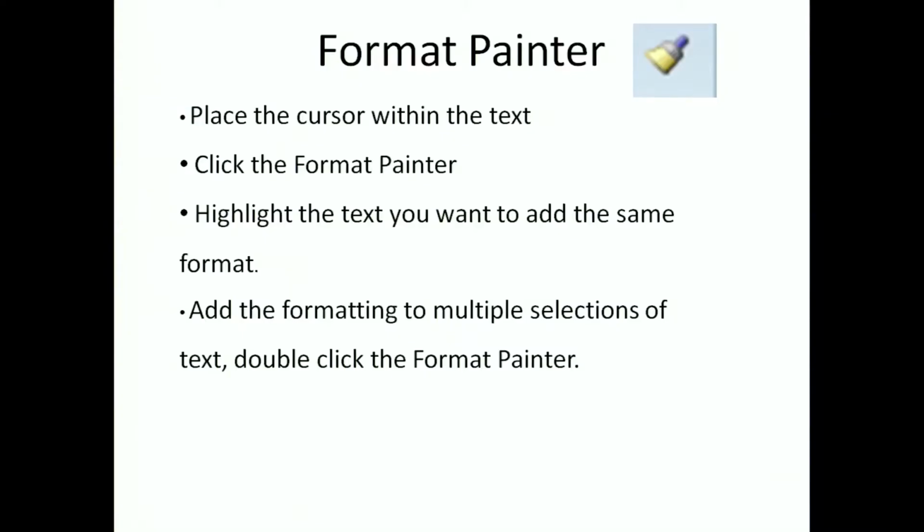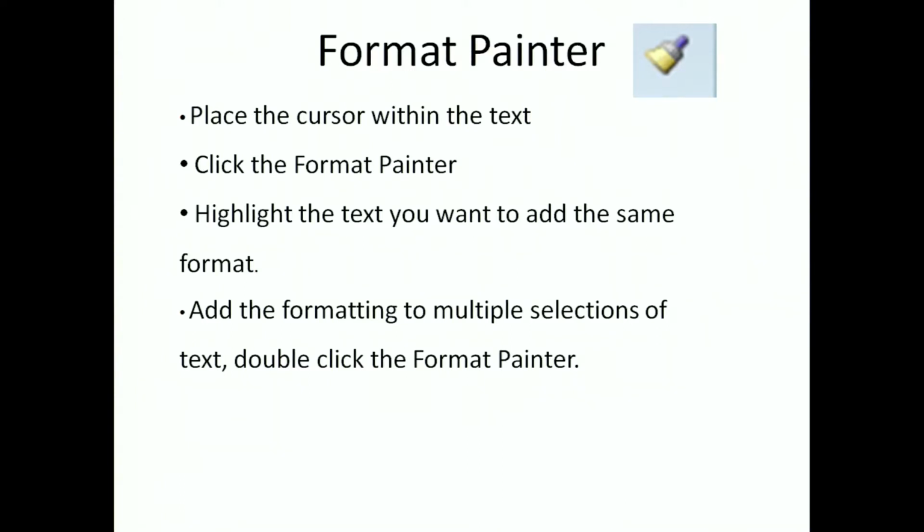And there is one more handy feature, that is Format Painter. This is one of the great options available in word processing software. You can use Format Painter whenever you want to copy the formatting, not the content. Suppose I have entered some information, in that I have applied some effects, like I have aligned my content to the left, I have applied bold, I also used some text color, and I have used a background color for my text.